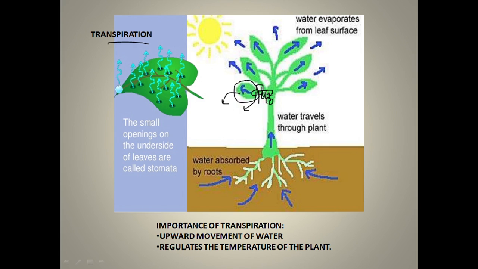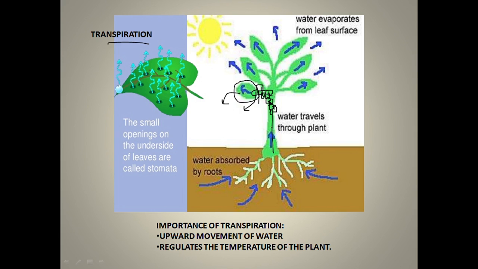Now like this it will travel down. So this first cell is drawing water from the second cell. Like that they are taking up water from the adjacent cell, and they will start to draw water from these cells. The same thing is happening here also, like this cell will take up water from this cell. So like this a continuous flow is happening.